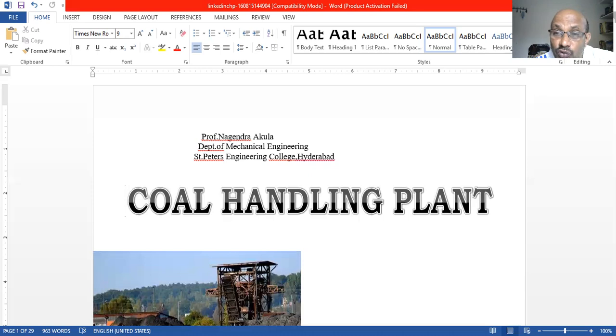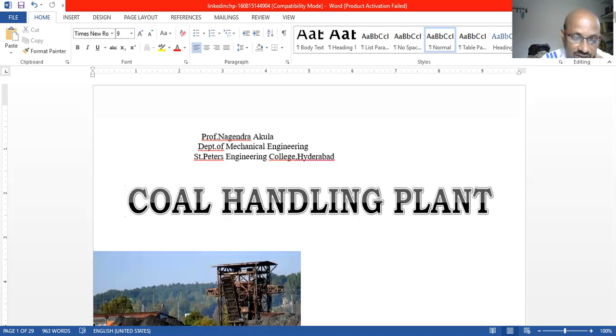In unloading, we use machinery, cranes and buckets. Buckets go from one point to another point, and we get that for power generation. For example, from Singareni coal mines to Ramagundam, we can arrange buckets and transport it. Or else we can arrange conveyor belts over there, and transport the coal on conveyor belts also. Another one is unloading towers, and the rotary car dumpers are also one of the equipment.